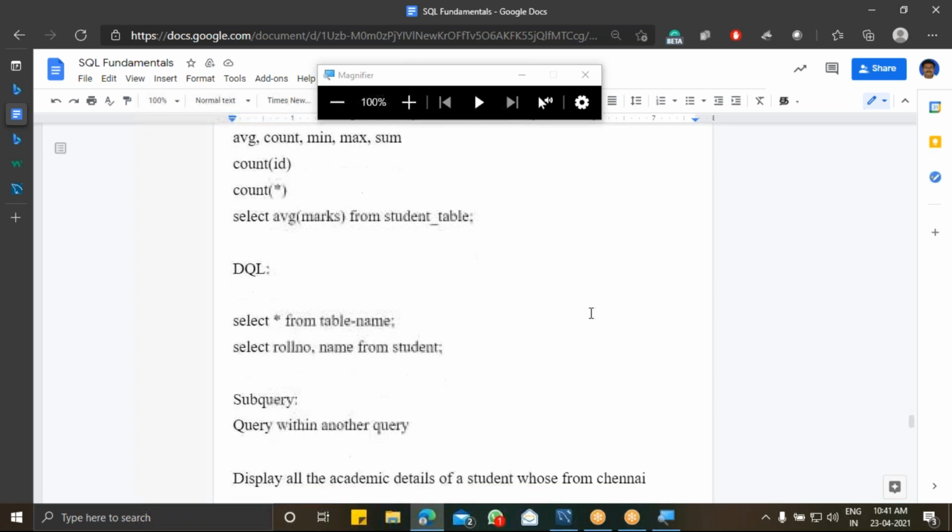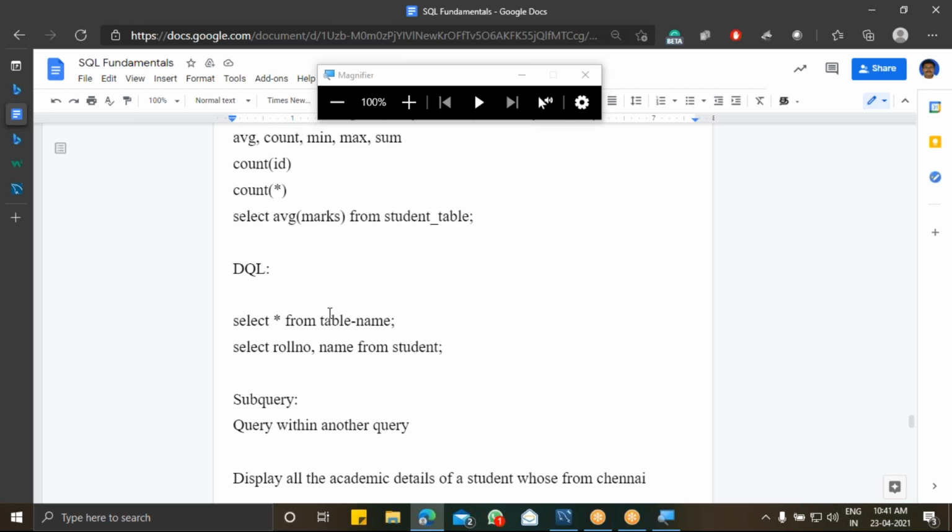Okay, so after that we have DQL. DQL is nothing but query language. Querying is not going to do any operation. It is not going to insert a value, modify any values, or update or delete. It is just going to retrieve the data from my table and display it. Those commands are called queries, which do not change, modify or delete any data or records from my table.